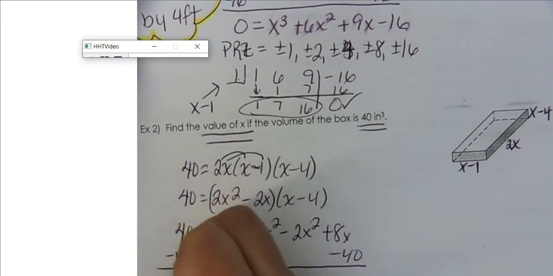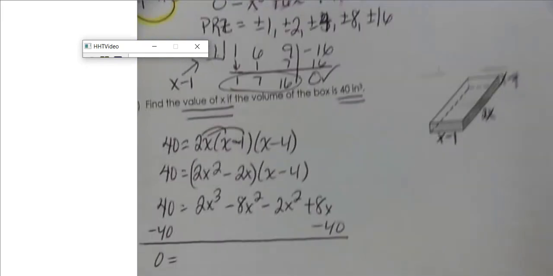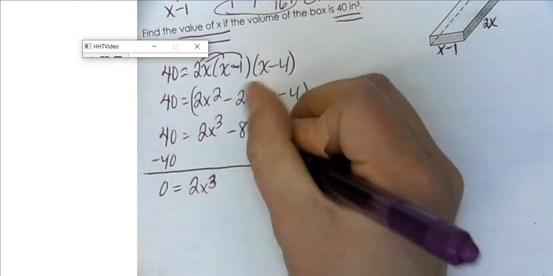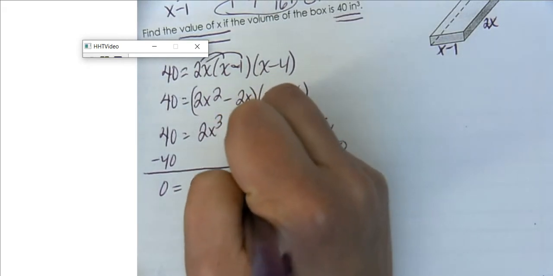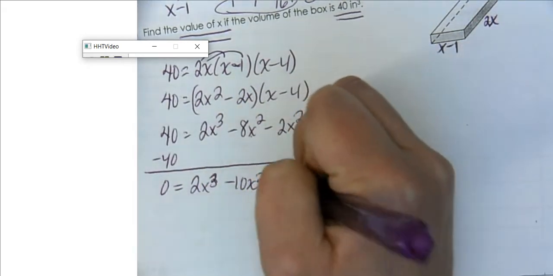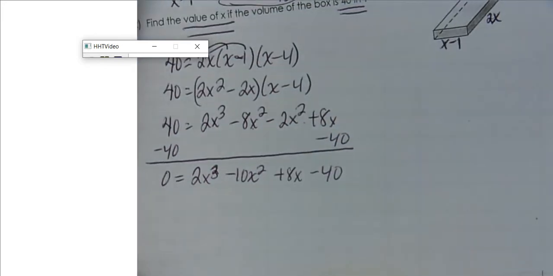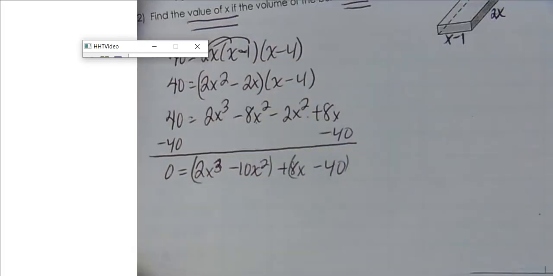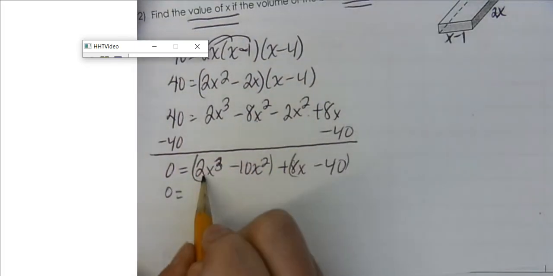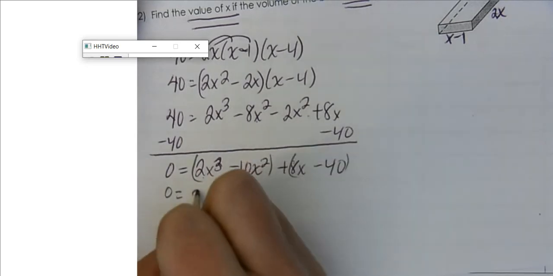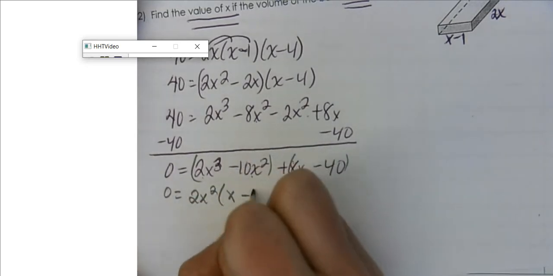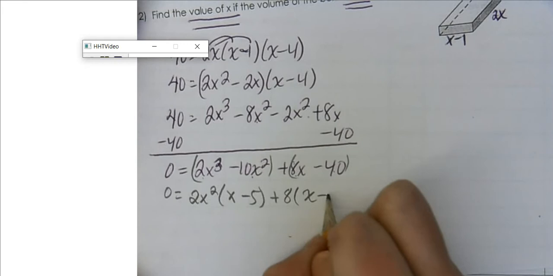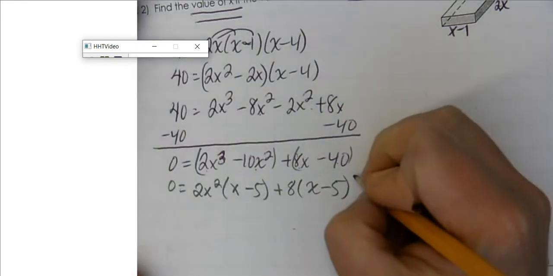So because this is a polynomial equation, it has to equal 0. So I'm going to write 2x cubed, negative 8x squared minus 2x squared, that is minus 10x squared, plus 8x minus 40. And I'm going to see if I can factor by grouping. So I'm going to put parentheses around the first two terms and parentheses around the last two terms. 2x cubed and 10x squared both have in common a 2x squared, with the leftovers being x minus 5. Plus 8x and 40 both have in common an 8, with our leftovers also being x minus 5. So that means this is indeed factorable,